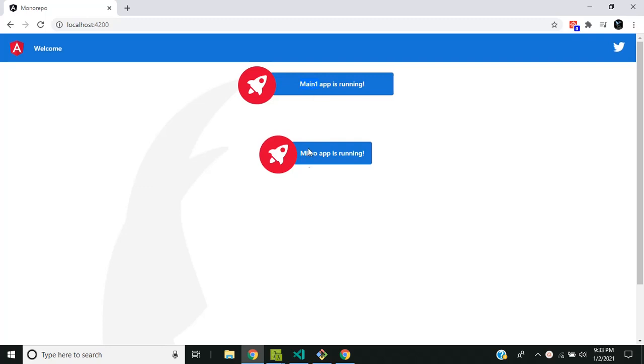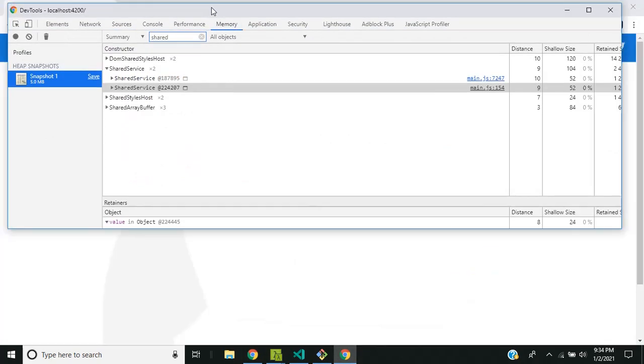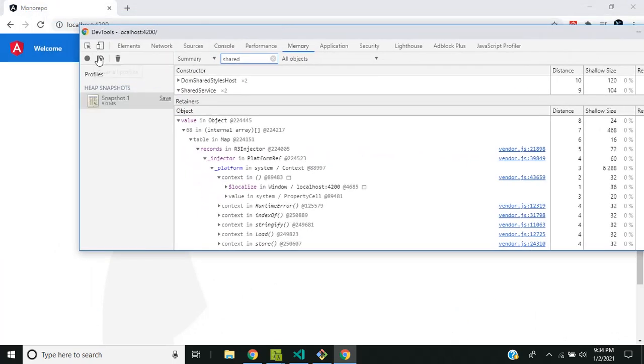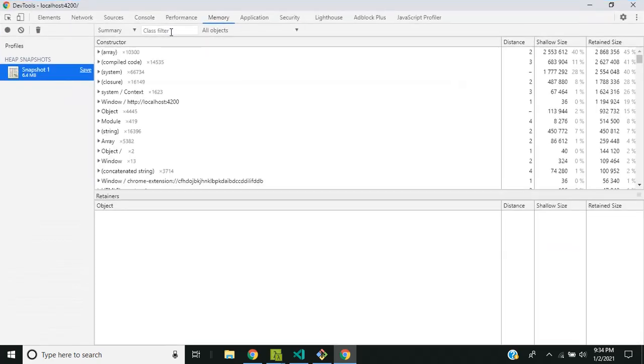But you can see that even though we are using the same state for sharing the app name across the multiple applications, it still shows different values for the same application. So what happened now? Let's do a memory dump here. When we do a memory snapshot,